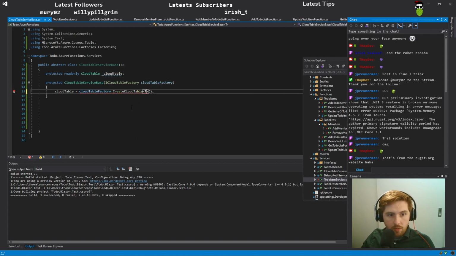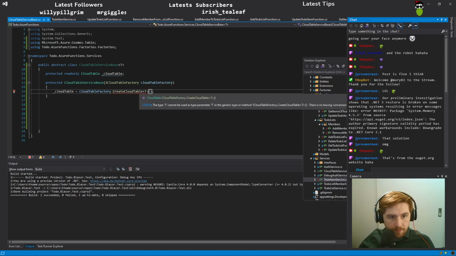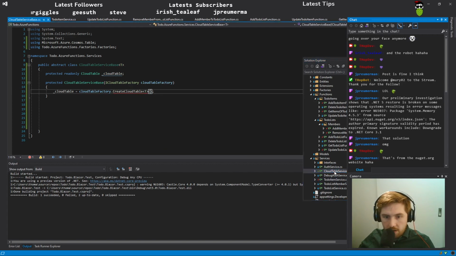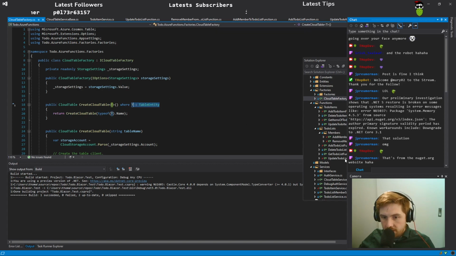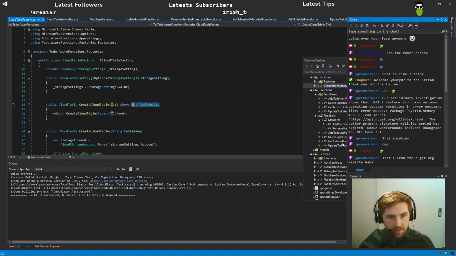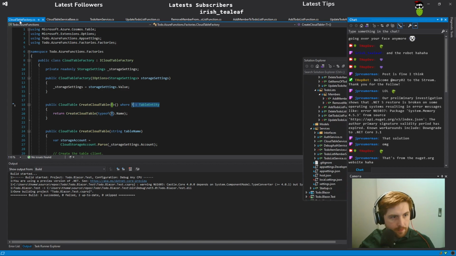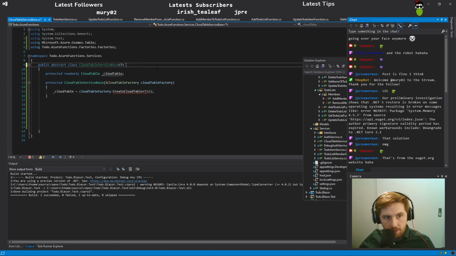Create cloud table with T. But the cloud table factory wants it to be a table entity. So let's force that where the